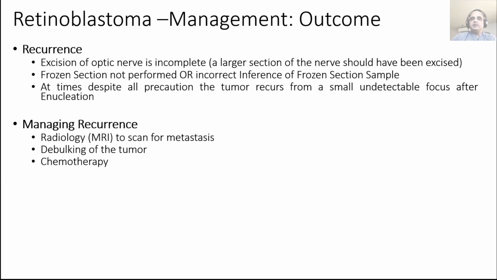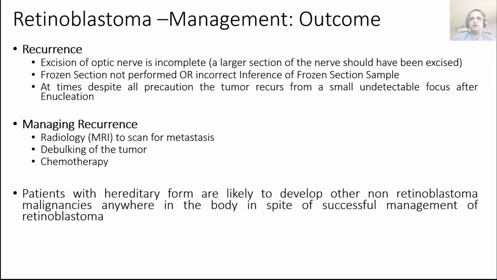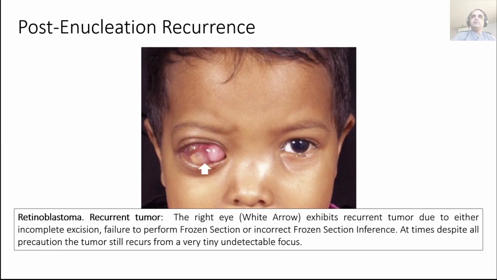Managing recurrence is basically doing an MRI first to ensure that it is only here that the tumor has recurred and there are no metastases, and you can try debulking the tumor or trying high-dose chemotherapy. But the actual chemotherapy is again dependent upon the pediatric oncologist. Hereditary form of retinoblastoma basically predisposes those patients to developing other forms of tumors in spite of a successful management of the retinoblastoma itself. This is a recurrent tumor of the right eye, and it can be because of the reasons